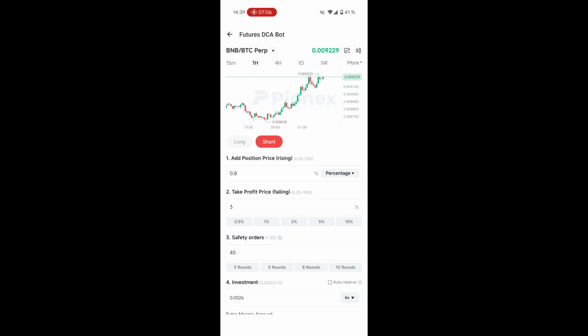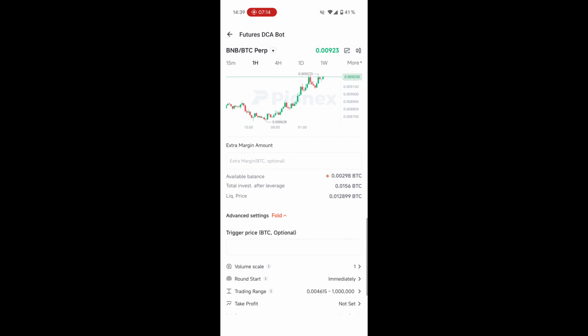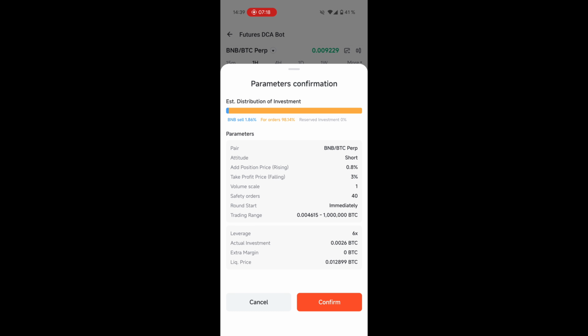So with everything set up, we basically just hit create. And compared to a grid bot, it does not start directly with 50% of the one converted to the coin. It starts with almost nothing, but it will go further out the more, in my case, the price is rising, and the more Binance short position will be opened.